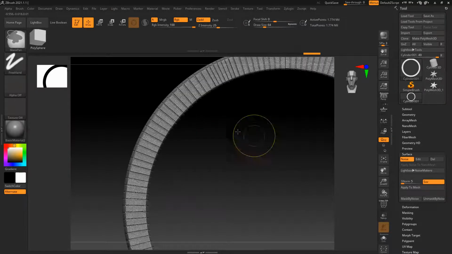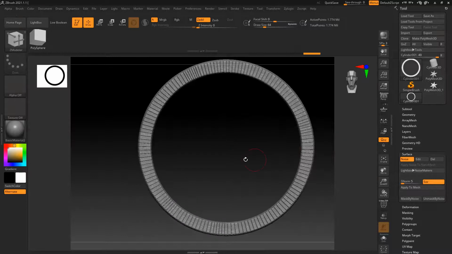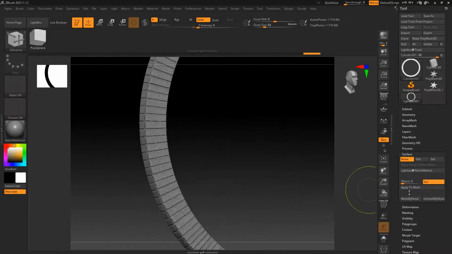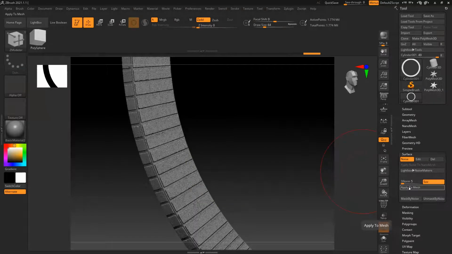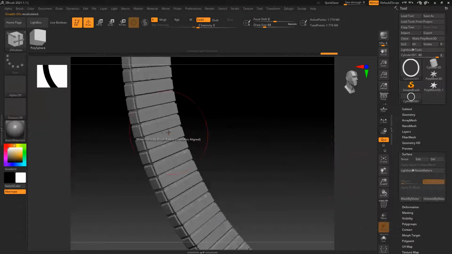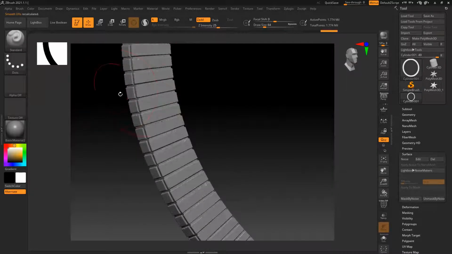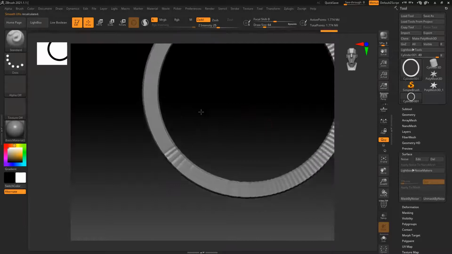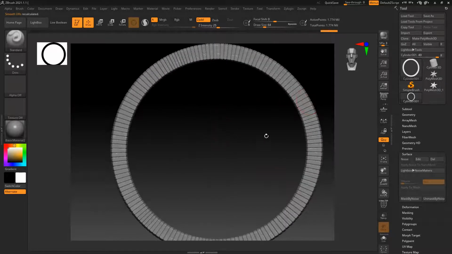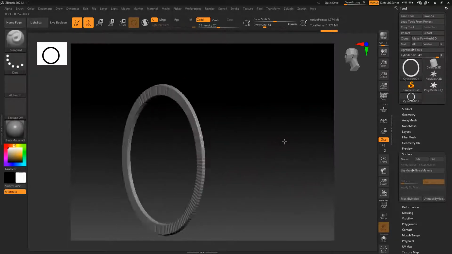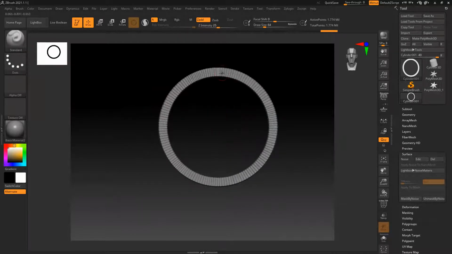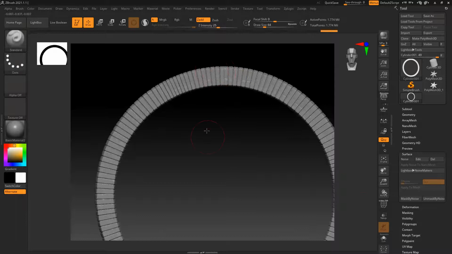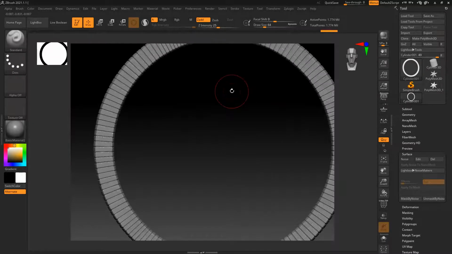This is one trick, and one more. And this is still not part of your model. It's just a preview. To convert this into part of your model, you have to click on apply mesh, and this will convert. You can see we got all the detail, thickness, and volume, and this is one simple technique you can use. And because it's tiling, you cannot see any seam here. It's all tiled properly and nicely.